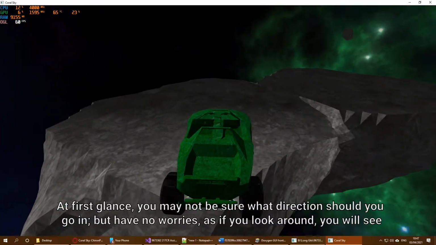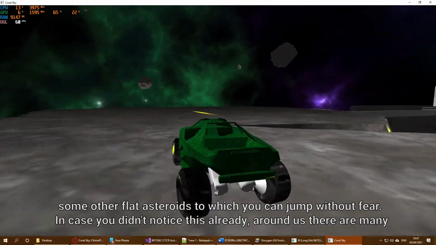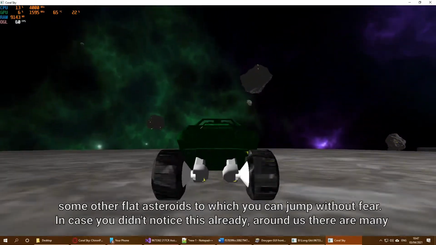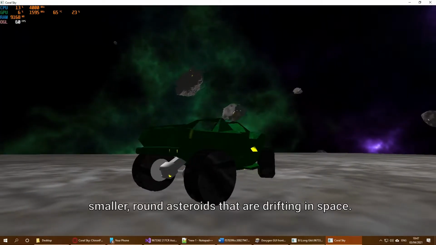At first glance, you may not be sure what direction you should go in, but have no worries, as if you look around, you will see some other flat asteroids to which you can jump without fear. In case you didn't notice this already, around us there are many smaller, round asteroids that are drifting in